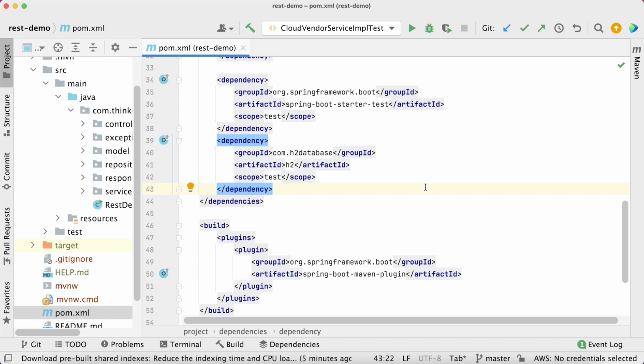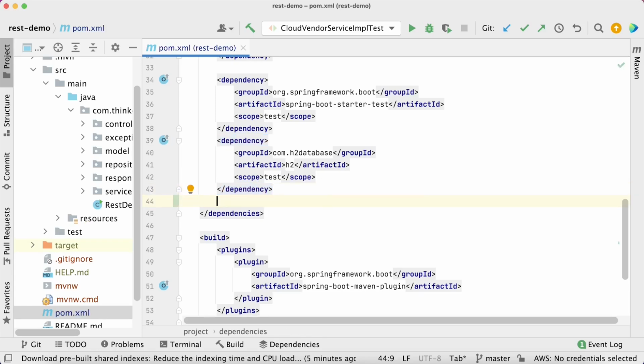This application is capable of saving data in the database, querying from the database, doing exception handling, custom response handling, and also all the required unit test cases for all CRUD operations. So there are many other things involved here. That is why pom.xml already has many dependencies. For Swagger-specific stuff, I will tell you which dependency to add.